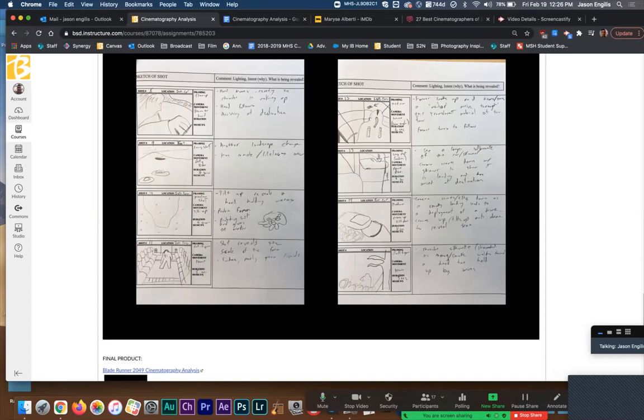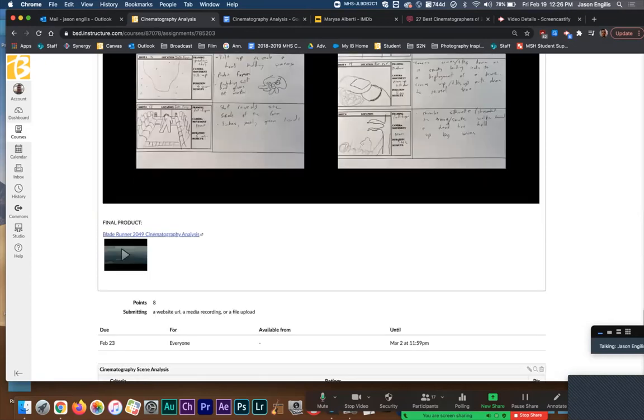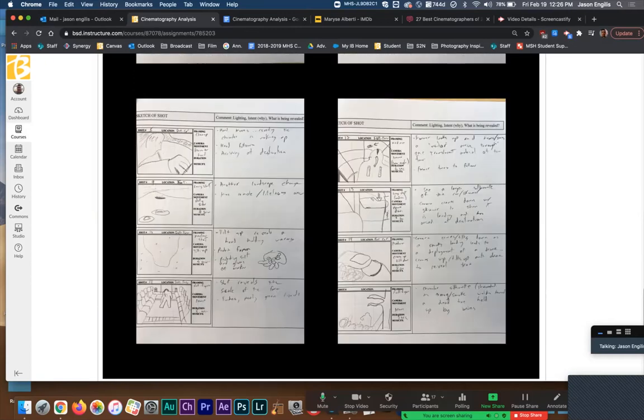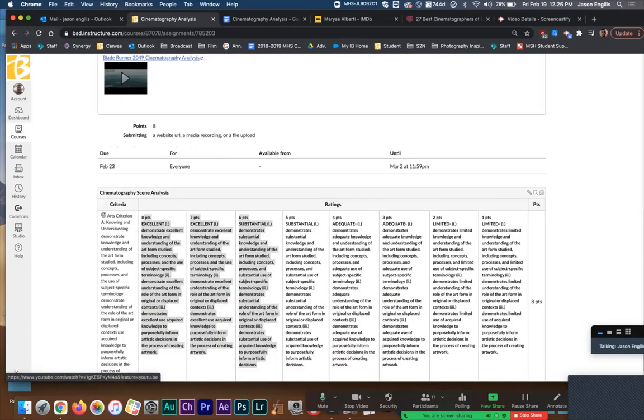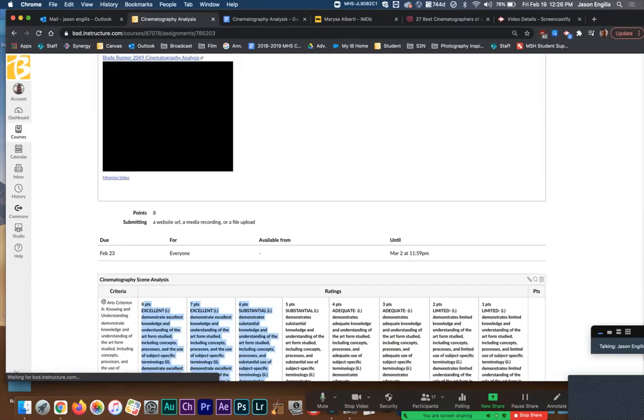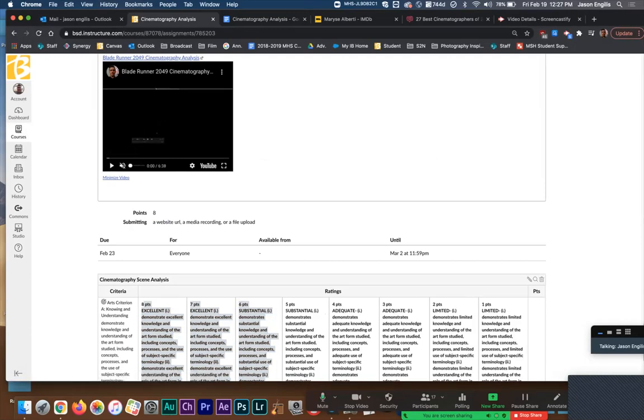And again, keep in mind that the goal here is to really provide a good analysis that shows a little bit of everything, and not to read off, well, this is a medium shot, this is a dolly shot. And I'll try and give you a demo. So we saw that scene that I did, and this one's a little bit long, but this is what it will look like. In the end, this is what I want to hear. Something like this.